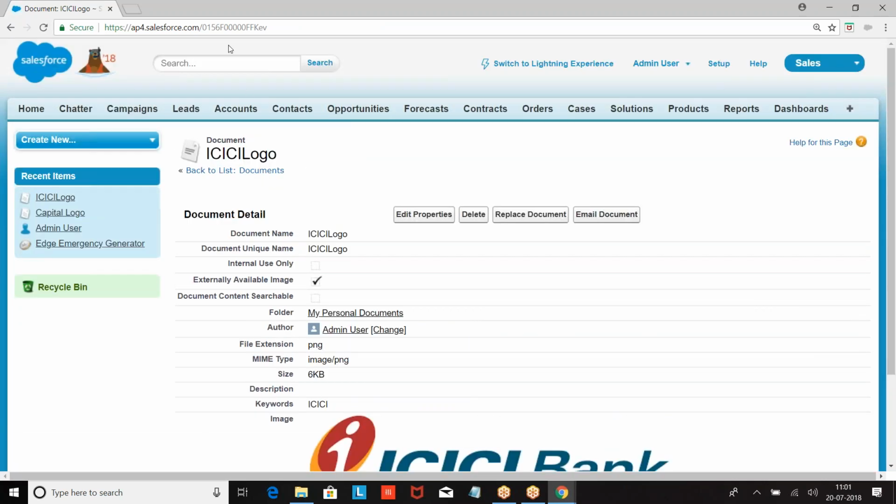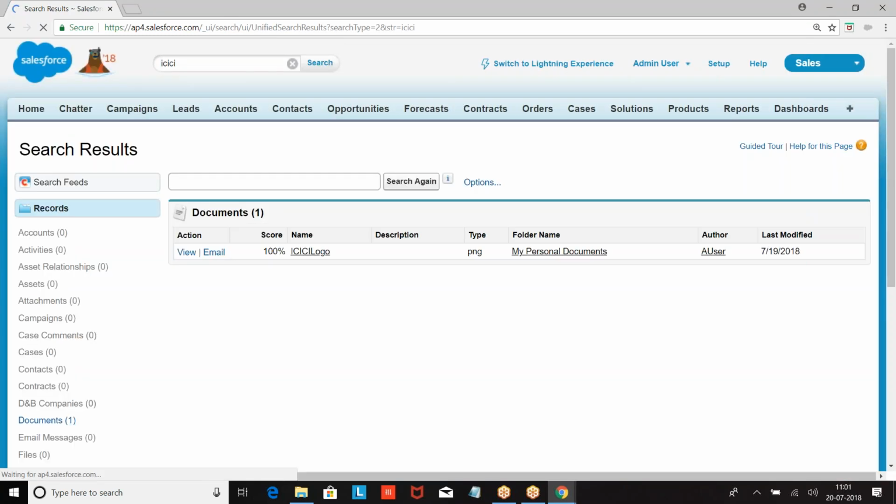Now I give a keyword. If I search, I will be able to get it. Based on what keyword you are going to search the logo, right? Now once you have created, this is the document. When you are creating a document, it is asking in which folder you want to store it. By default, the default folder is used. Now, you want to create your own folder and you want to